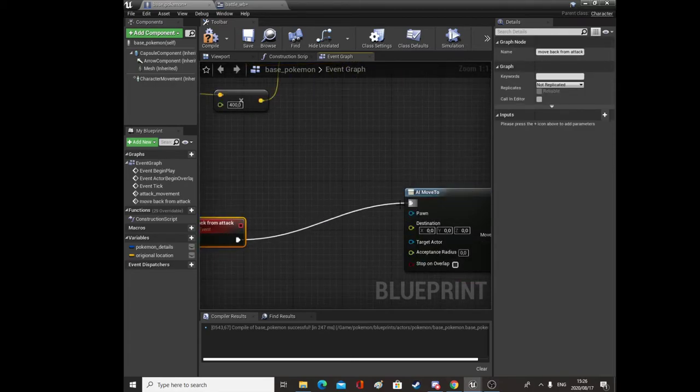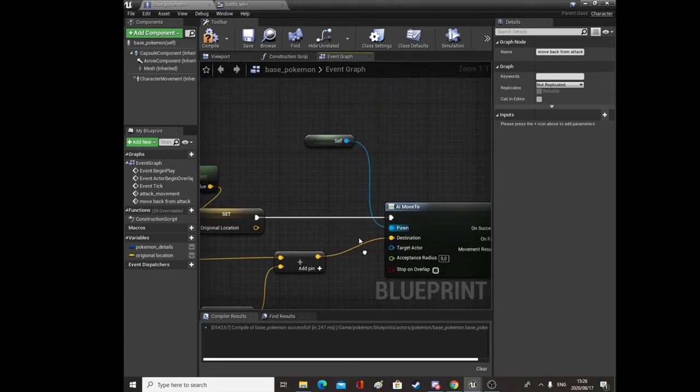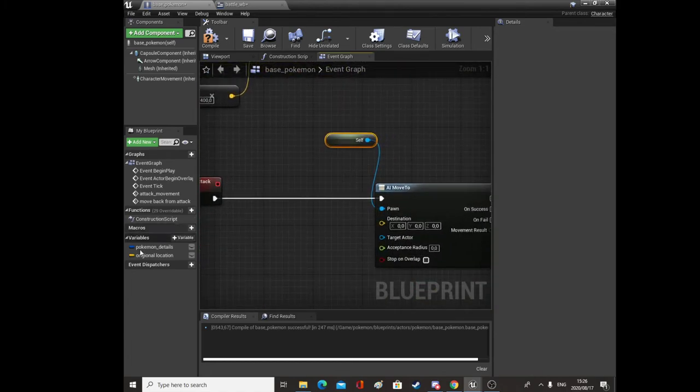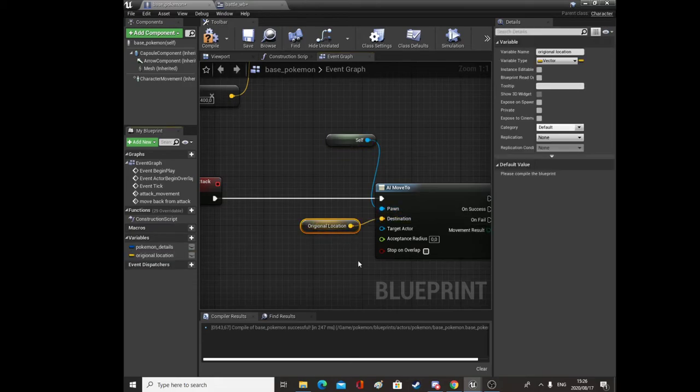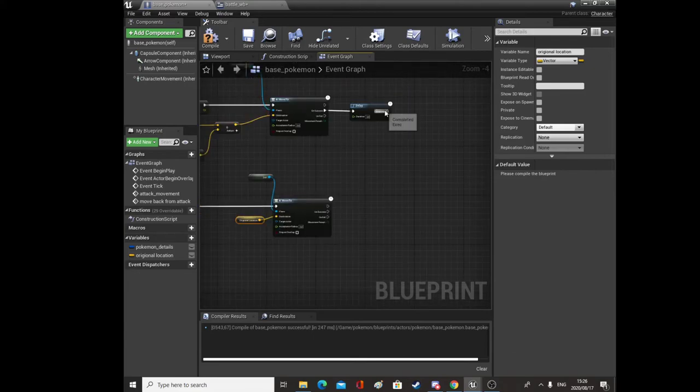And for move back from attack, we're going to plug the execution pin into this AI move to. Duplicate this self, and we want him to move to our original location. So acceptance radius should be 0. And then we'll call this event over here,